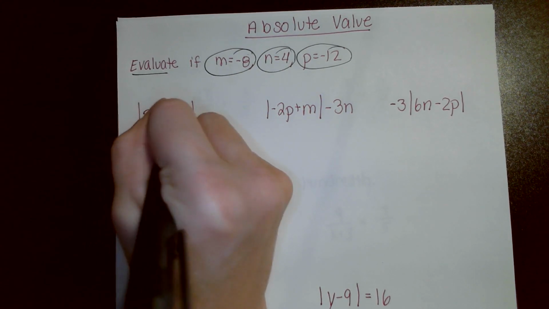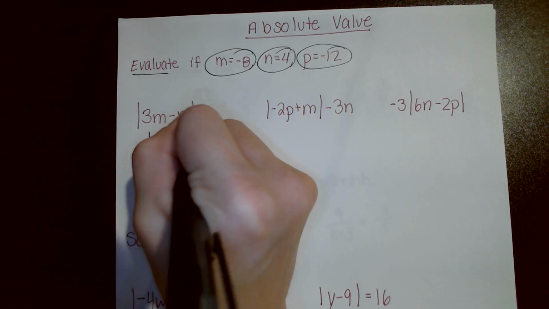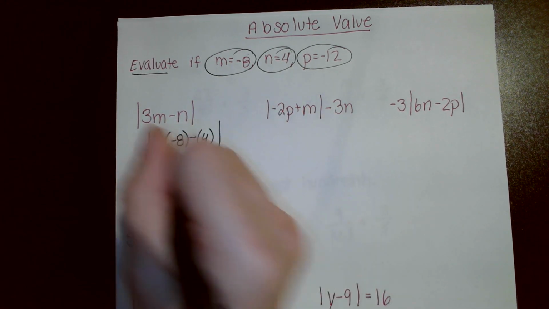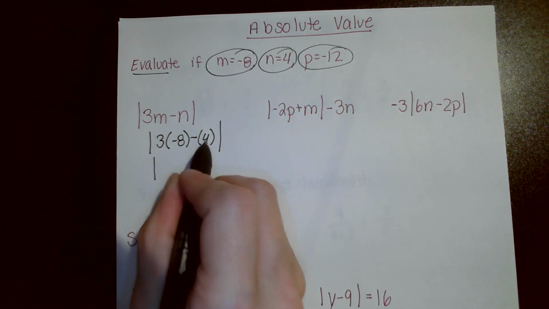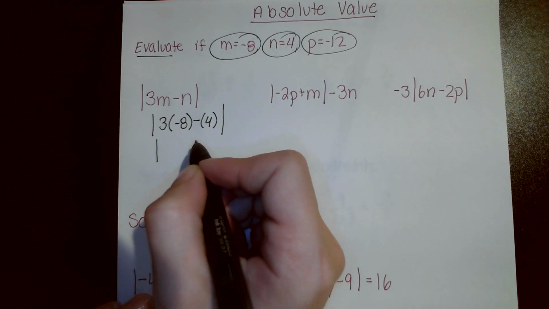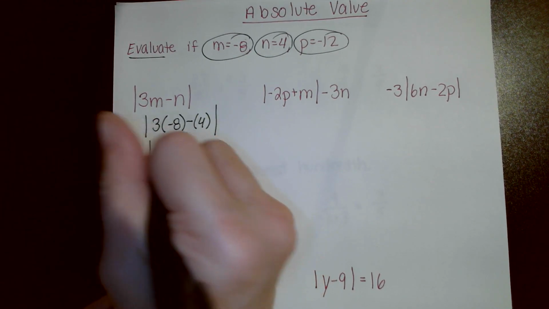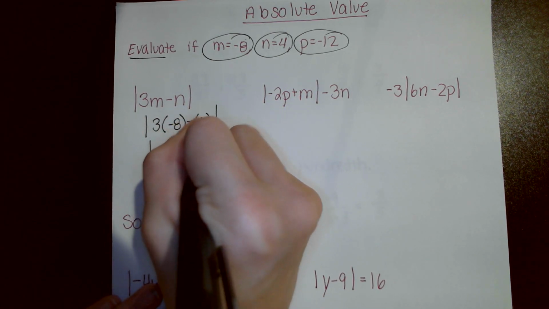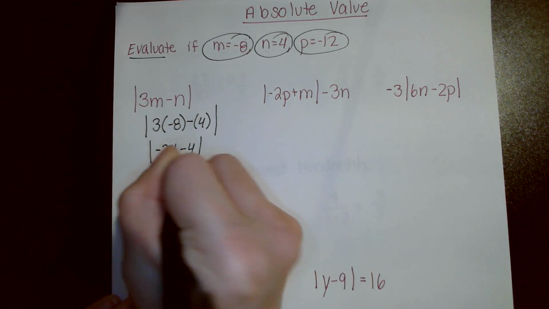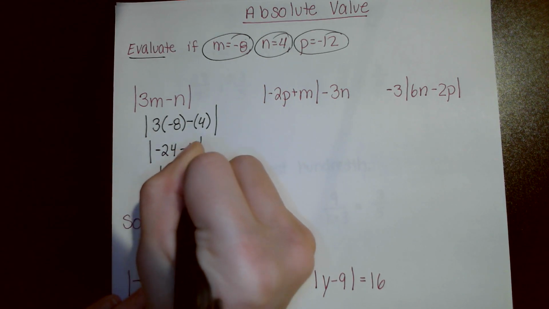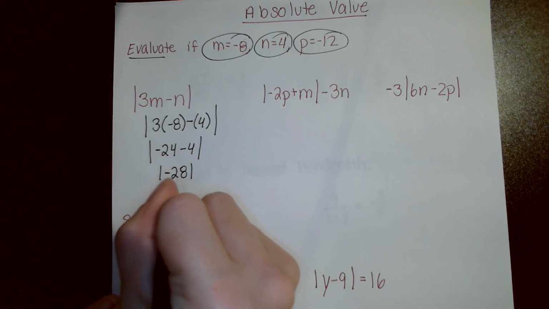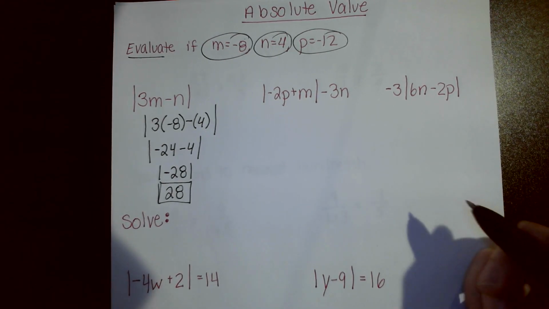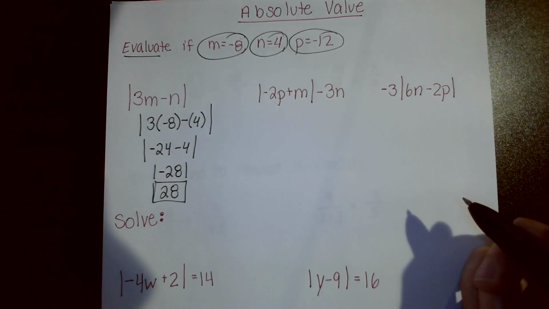So 3 times -8 minus 4. Keep the absolute value bars until you've done everything else inside. So 3 times -8 is -24 minus 4. That's -28. But it's absolute value, so our answer is positive 28. Next up,